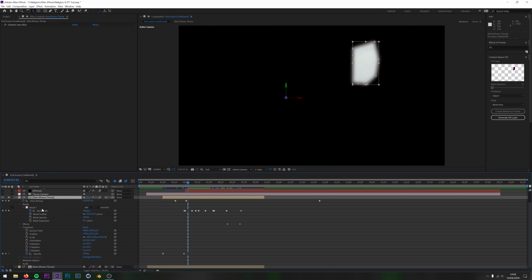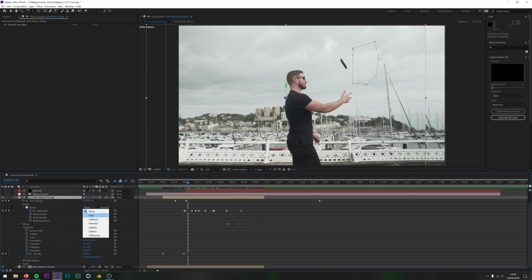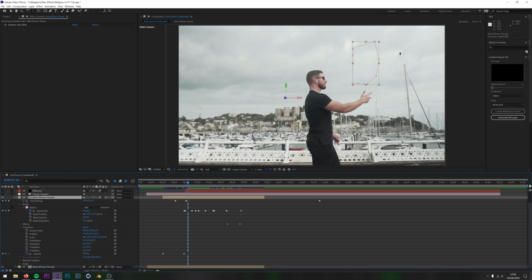If I solo this layer actually and turn off the mask, you'll see the layer's been moved over to the left slightly, and that is because what I've actually done is I've added a mask here and then moved the layer over slightly. So when you overlay these two layers, you're using the mask of this section here of the clip above, and then moved it over like so.